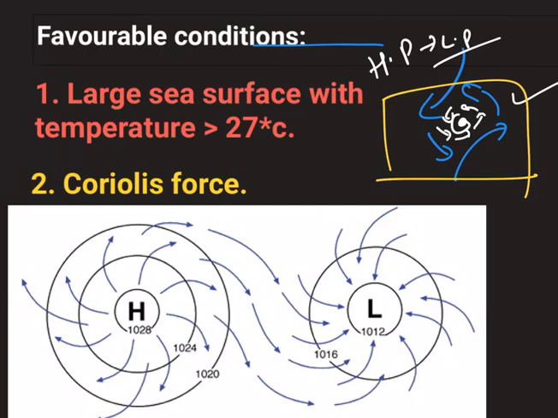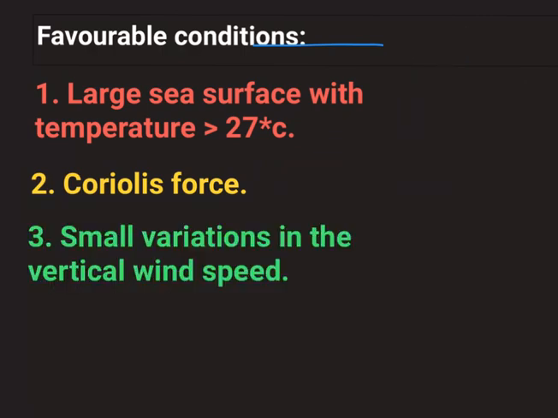So this is generally a top view of the tropical cyclone. And please note here that the direction of rotation of winds in the southern hemisphere is clockwise. Now we all know that the presence of Coriolis force is a must for the formation of a tropical cyclone. And since this Coriolis force is zero on the equator, there are no cyclones formed on the equator. That is the reason why we see tropical cyclones being formed between 5 and 20 degree north and south latitudes. Similarly, the next favorable condition for the formation of a tropical cyclone is small variations in the vertical wind speed. And there are also noticeable temperature changes of the wind along its altitude.